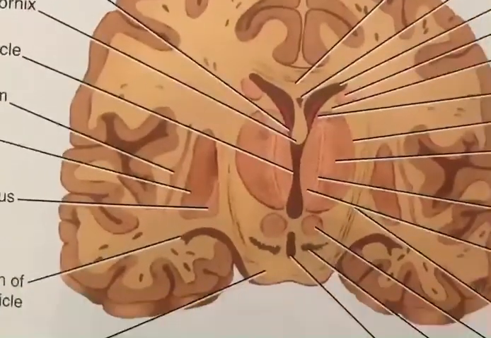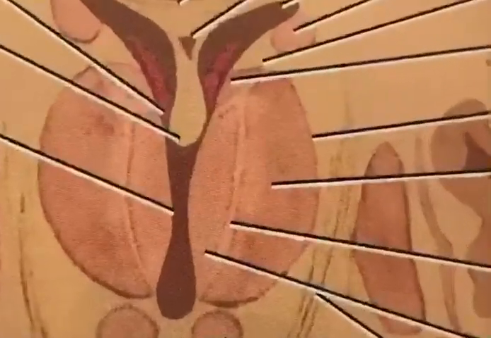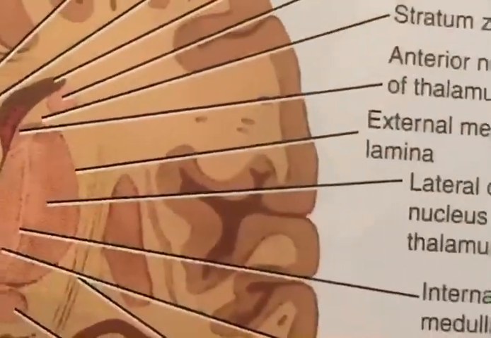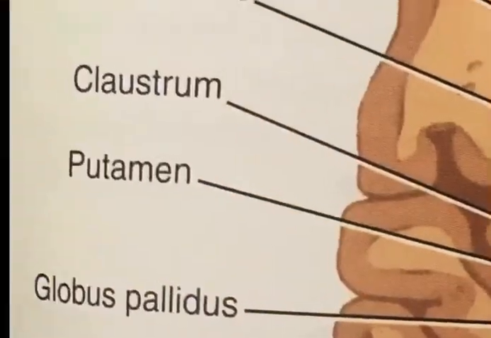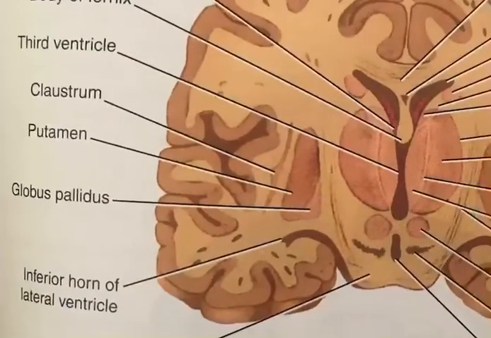So this is a section, and here you can see on both sides, like a leaf, a red colored thing, that is your lateral ventricle. You can see the lateral ventricle. In between, the septum is called the septum pellucidum, and down you have the third ventricle. Look at this, the center one, dark in color, that is called the third ventricle. Nicely you can see the third ventricle.